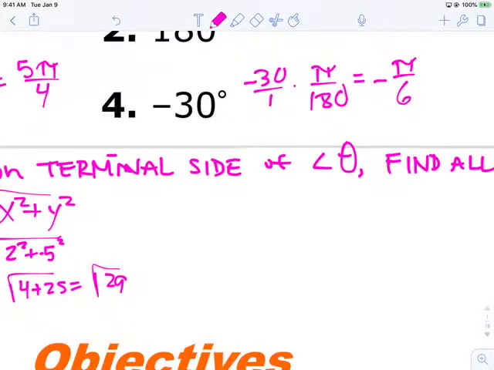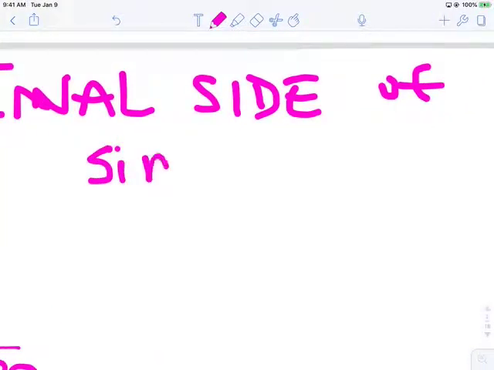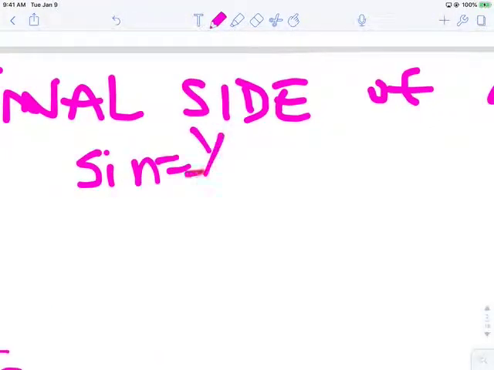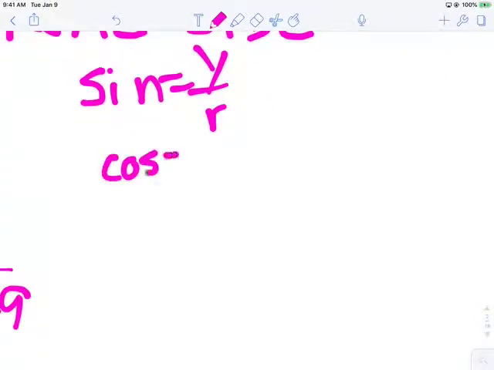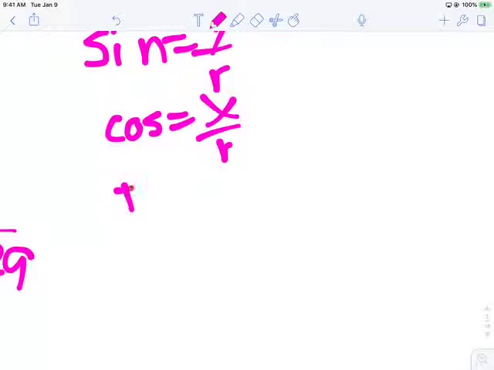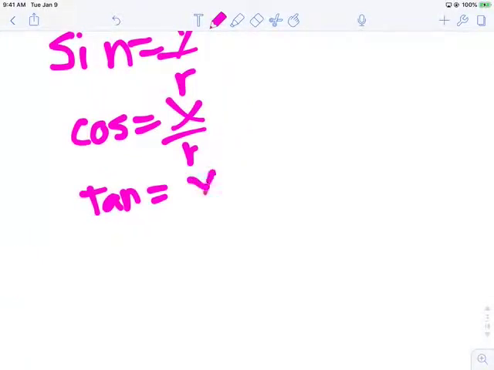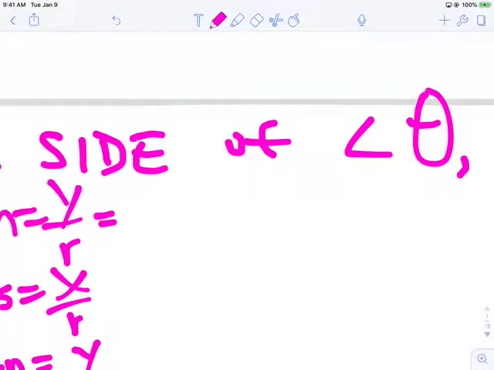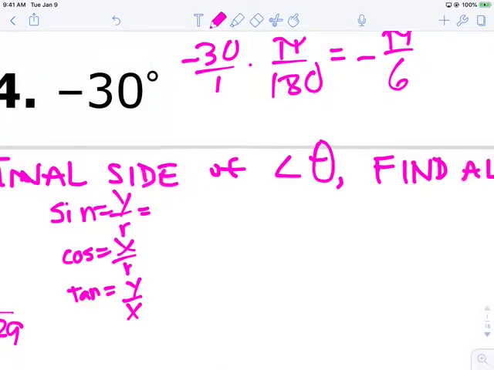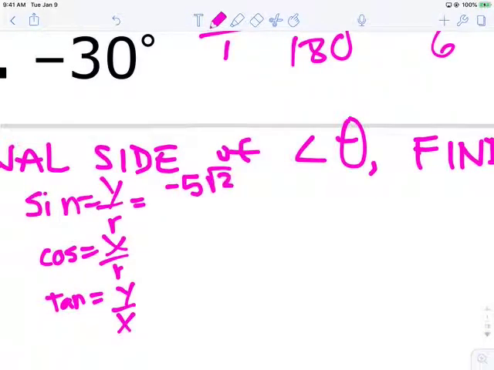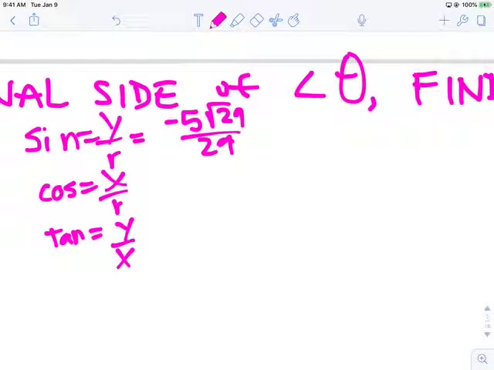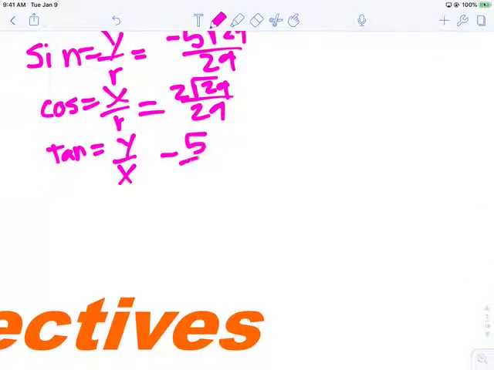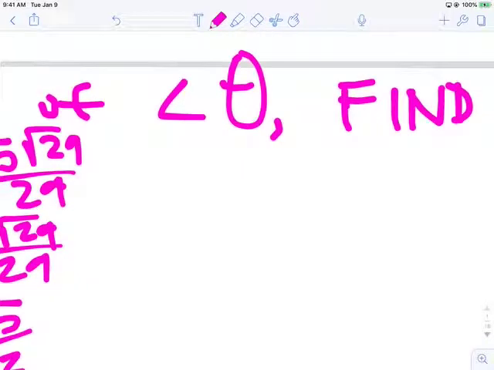And then sine equals y over r, cosine equals x over r, and tangent is y over x. That would equal negative 5 square root of 29 over 29, and that would equal 2 square root of 29 over 29, and this would equal negative 5 over 2, and then the other 3 are